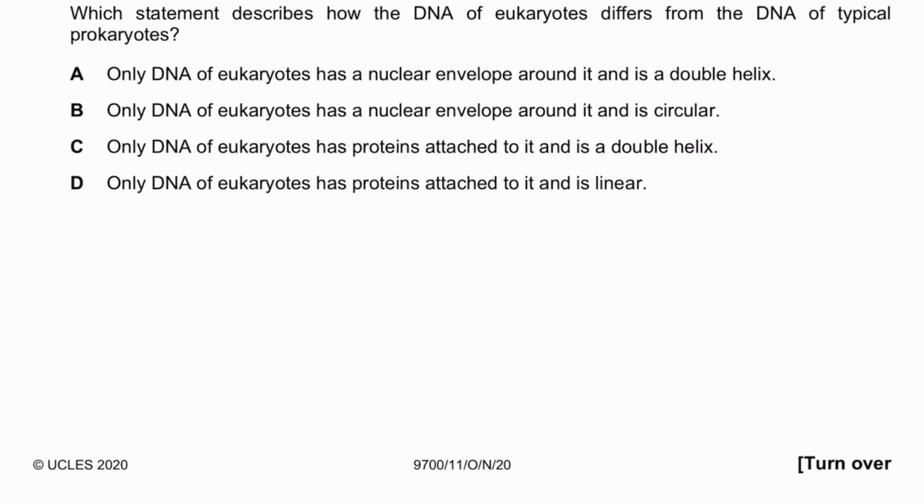No, DNA of eukaryotes has proteins attached to it and is double helix. That's the general structure of DNA. It's the same all throughout organisms. Only DNA of eukaryotes has proteins attached to it and is linear. Exactly. Okay, you might think, but don't prokaryotes also have proteins? No, but the prokaryotes have naked DNA, which means they don't have any histones in them, and so that's only